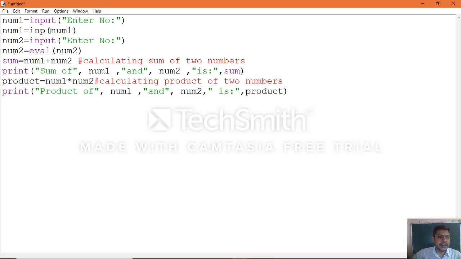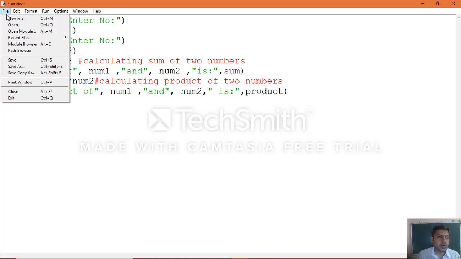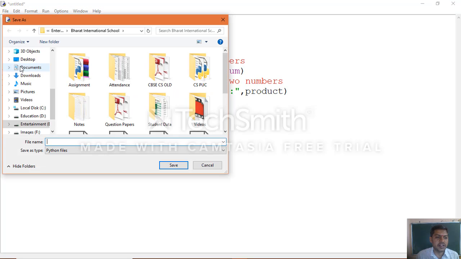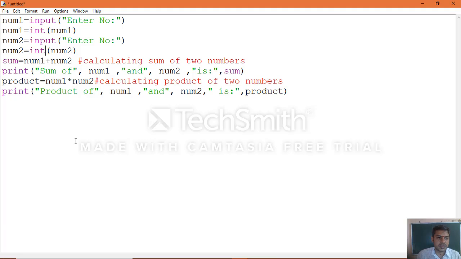Sorry, int, which will convert string value to integer. Same way here, you can use int. Okay, now save the file. Same program, where we changed the conversion method from evaluation to int. Save it, yes. Execute now.